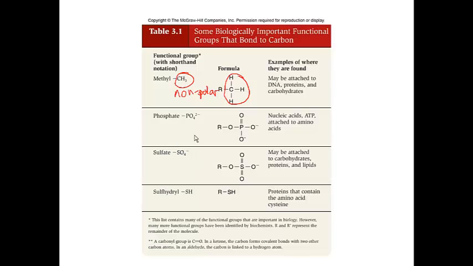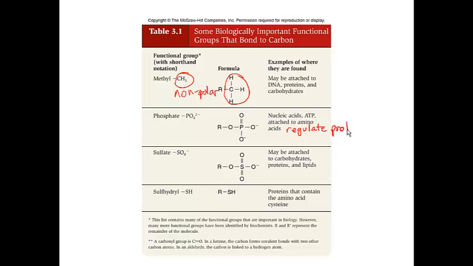They are moving down, if you think about moving down a row on the periodic table. Here we have phosphate groups. PO4, you see the two negative charges. We find phosphate groups in DNA, RNA. You see them in nucleotides like ATP. We can attach phosphates to amino acids to regulate